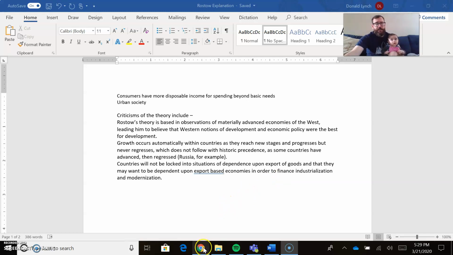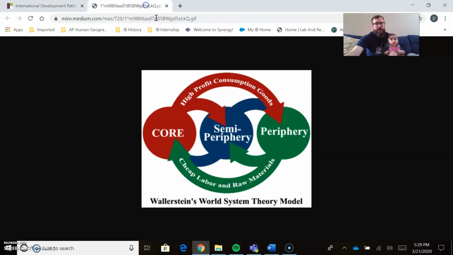And that is something that, when we think about criticisms, that's what we look at with Wallerstein's world system model and other dependency models, right? Where we have the core who are in that high-producing services and industries as the base of their economy. They are producing items, selling it to the semi-periphery, selling it to the periphery, and the periphery is being exploited for cheap land, cheap labor, cheap raw materials by the semi-periphery and by the core.